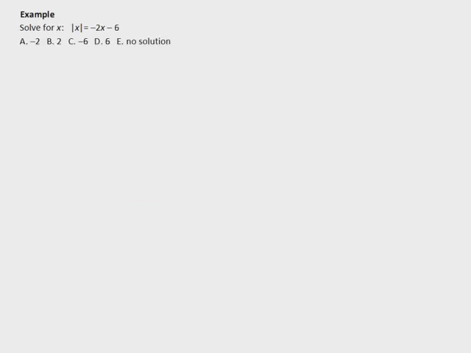Solve for x. Absolute value of x is equal to minus 2x minus 6. Let's understand how we solve such equations when there are x's on both sides of the equation. So the absolute value of x, its answer depends on x. If x is positive, then the absolute value of x stays x. Then absolute value of x is x itself. For instance, absolute value of 4